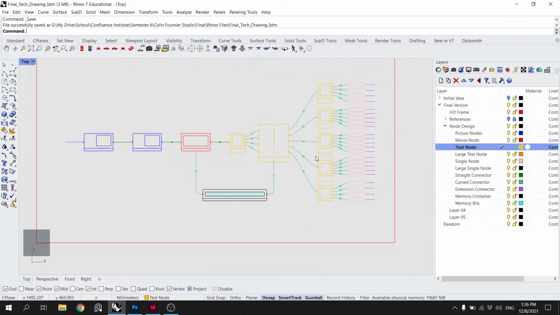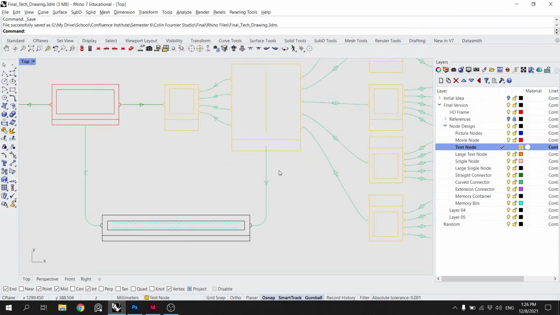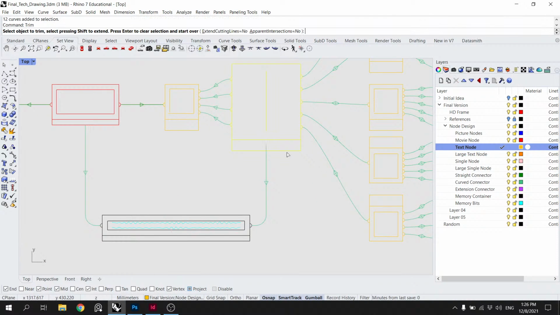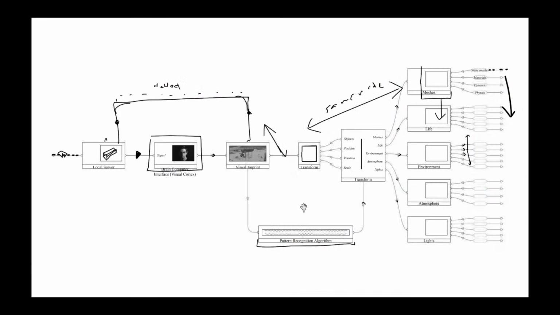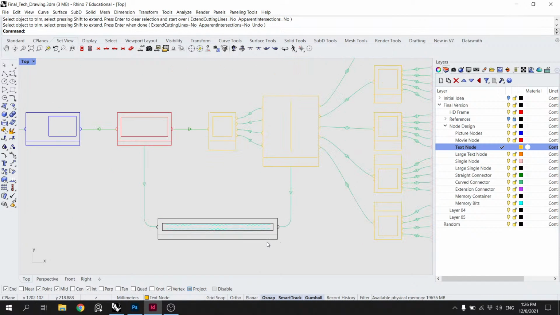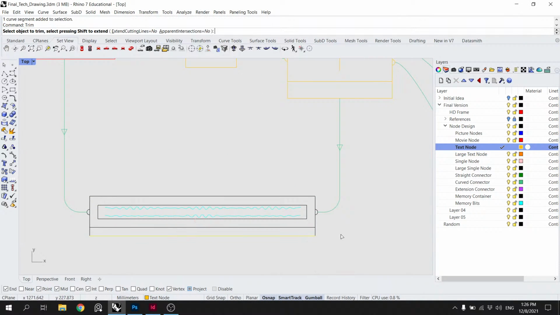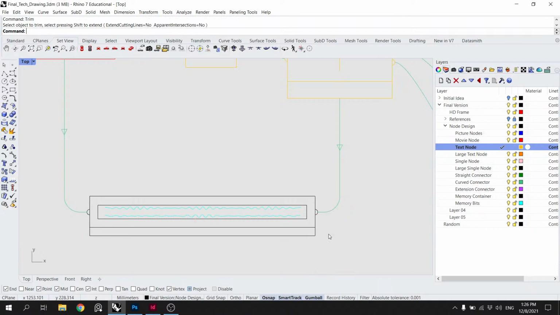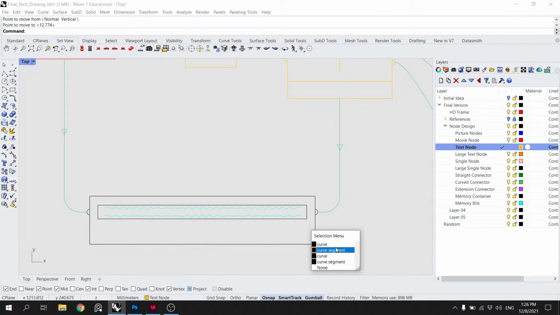Like so. We can just use a trim on that. Okay. That one comes down by 2. So we just take this and move it down by double its size.